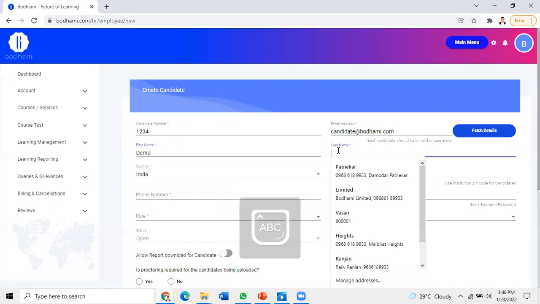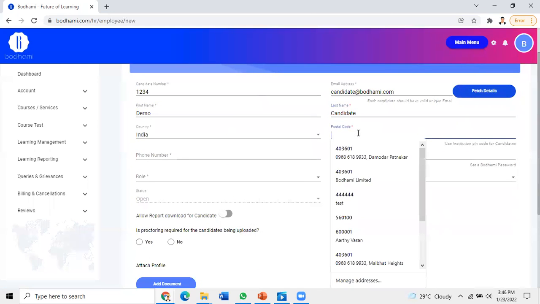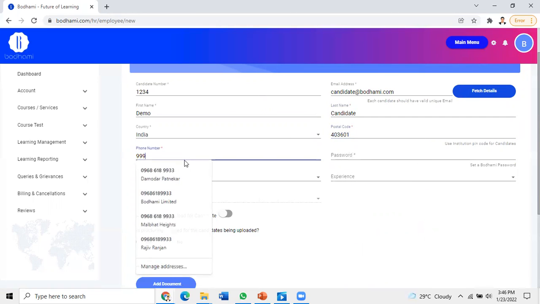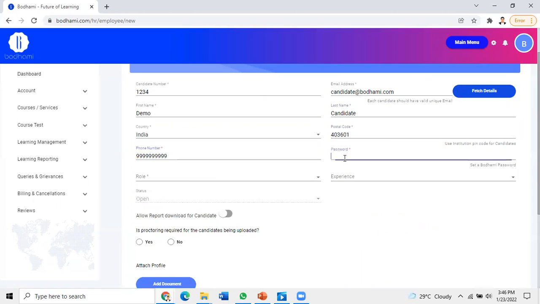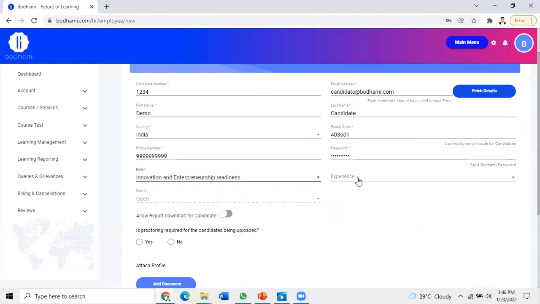We'll give first name, last name, and then we'll give a postal code, and then we'll give a phone number and a password. And now this candidate can be assigned to this particular role. Now, if you really want to give an innovation test or an entrepreneurship test, you can do that. Or if you want to give a corporate readiness test for marketing role, you can do that. So I'll define this role